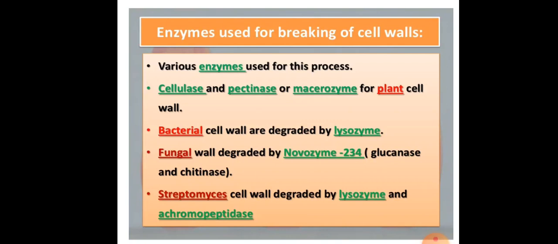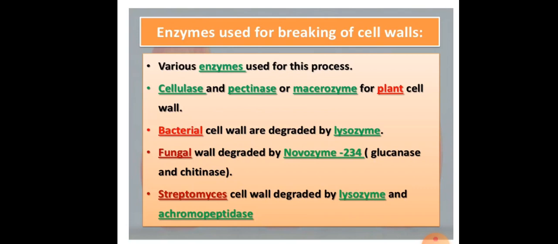The enzymes which are used to break the cell wall are various. First is cellulase and pectinase, or otherwise macerozymes, for the plant cell wall. The bacterial cell wall is degraded by lysozymes, and the fungal cell wall will be degraded by Novozymes 234, otherwise called glucanase, and chitinase, because you know that the fungal cell wall is made up of chitin. So the chitin will be degraded with the chitinase. The Streptomyces cell wall is degraded by lysozymes and